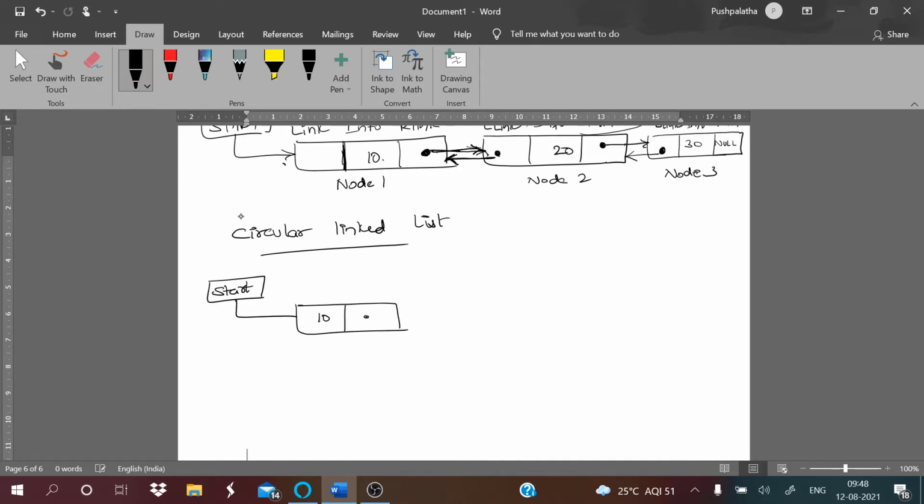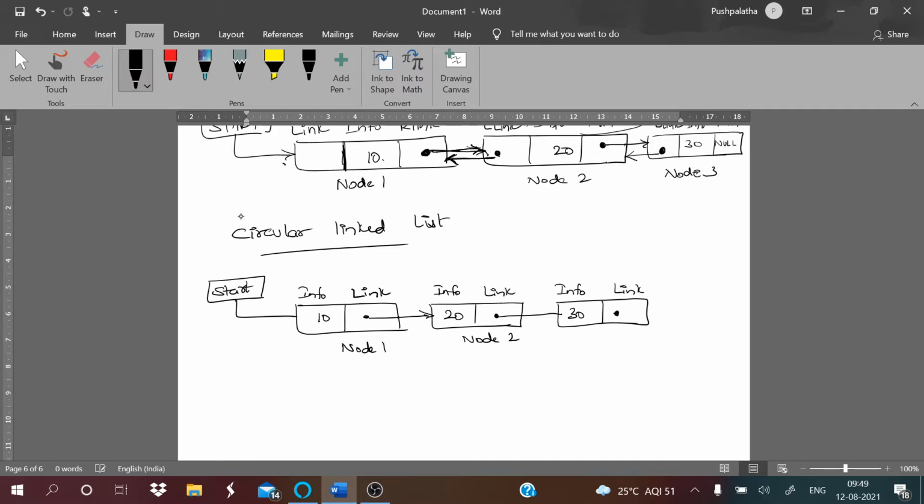This is your 10, this is your info, this is your link, and again from here you have the link for the next node, that is your 20, info, link, and again 30, info and link. This is your node 1, node 2 and node 3.